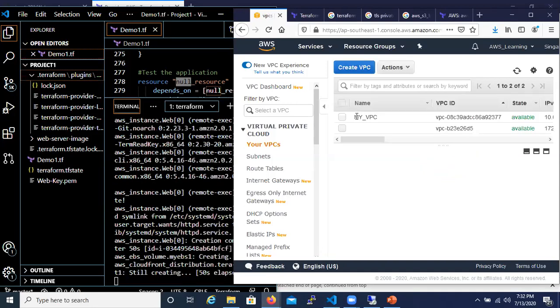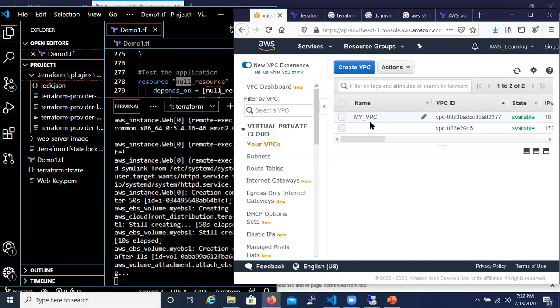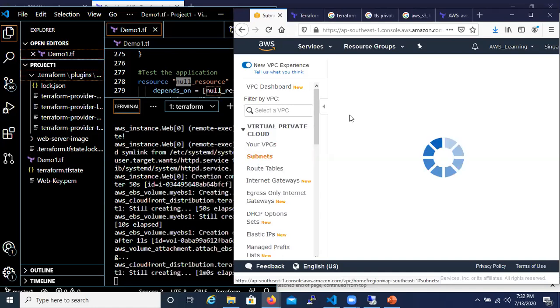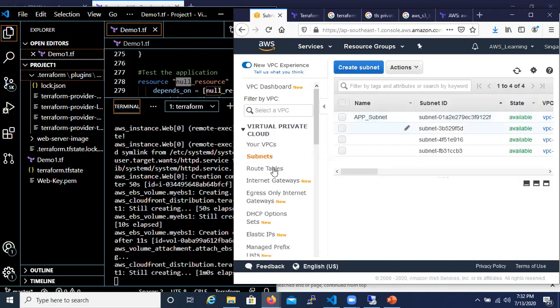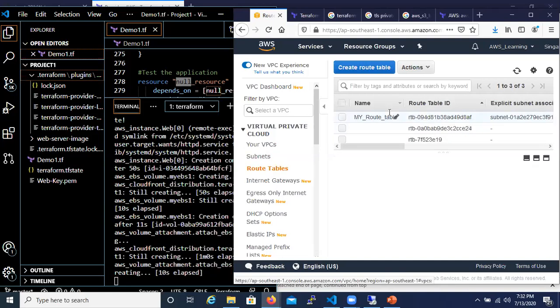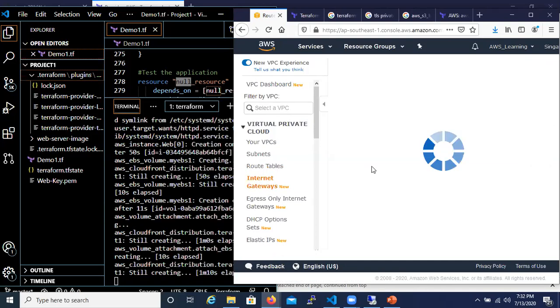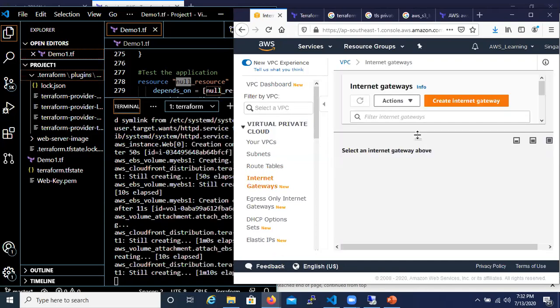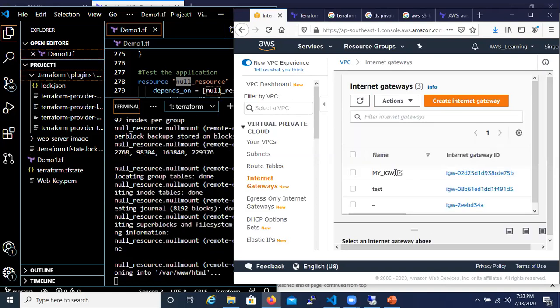You will see it created a VPC with the name my VPC. This was not there earlier. Then it created an app subnet. This was also not present earlier. It created a route table. Then it created an internet gateway.